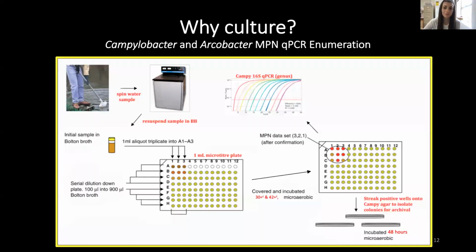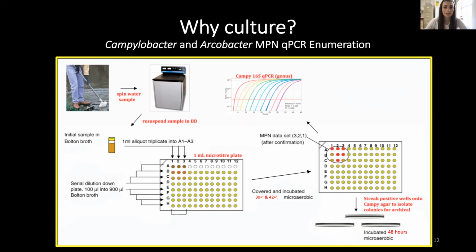For culture methods, we performed 2 separate assays. We performed 1 assay for culturing for Campylobacter and 1 assay for culturing for Arcobacter. These are most probable number qPCR assays. Now, there are 2 main purposes for the use of these assays. First, I'm culturing the bacteria to tell if they're culturable or alive. This allows us to quantify the number of bacteria. This quantification will aid in the determination of risk.